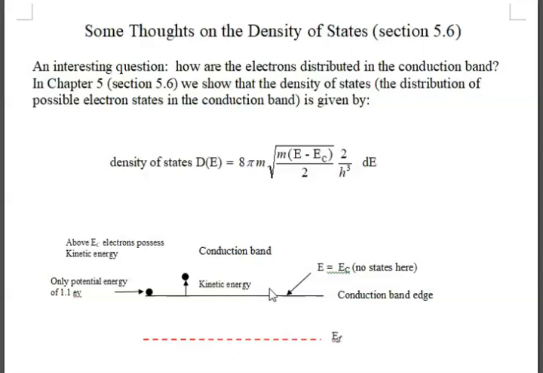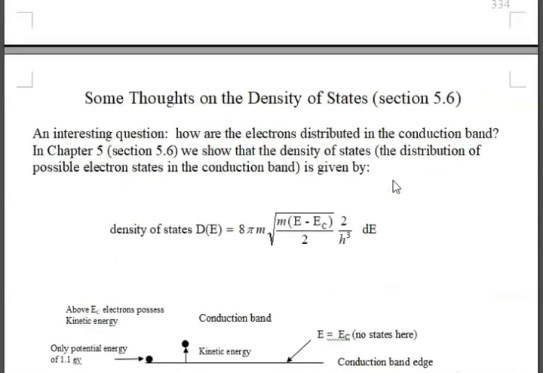And it's going to work out, if we follow through the theory, we're not going to go through the theory here. It is developed in section 5.6, and you can go through and we get this result. The interesting thing about the result is that it is a square root function of the energy above E sub c. So the number of states increases